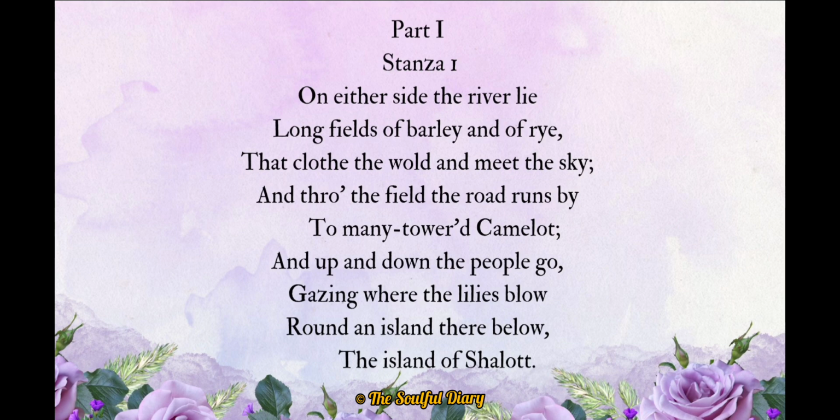Each individual has their own Camelot, and every tower within symbolizes the desires and hopes that they would love to reach one day. Shalott, however, can just as easily represent the bubble that we as individuals create for ourselves. It is a place that people merely notice in passing. So the comfort zones and rules that we create for ourselves that no one else really pays attention to are without much difficulty represented by Shalott in this poem.